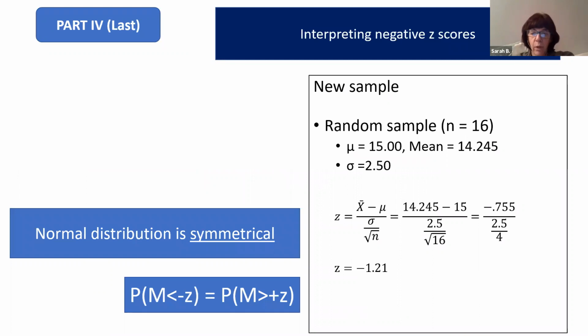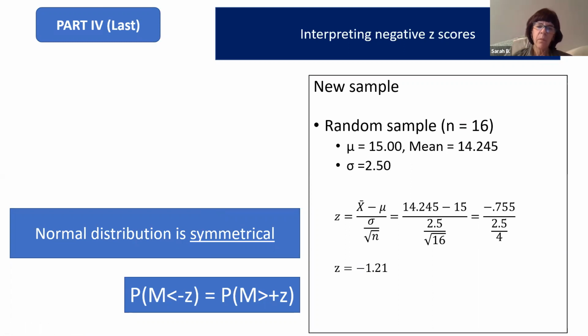Okay, so this is our last part, which is going to be on interpreting negative z-scores. And we're going to have a new sample here. Remember a couple of things. First, the normal distribution is symmetrical. And then we're going to remind you of your formula. So let's say that we have another randomly drawn sample. The population is the same, a population mean of 15 and standard deviation of 2.5, but in this case the sample mean is